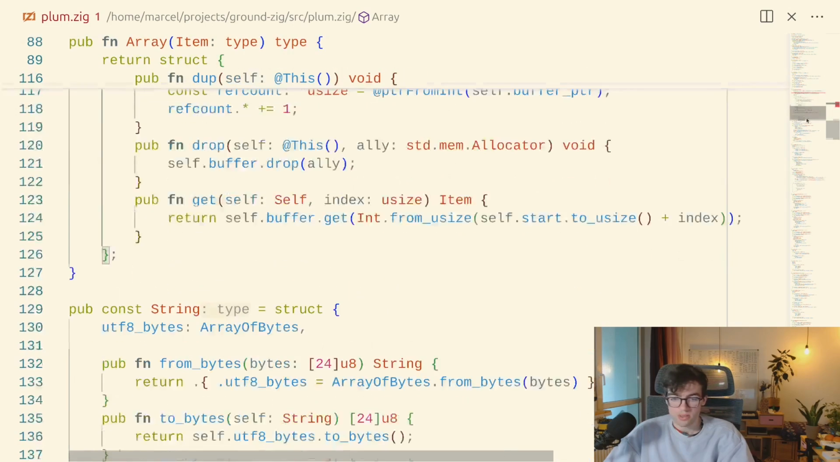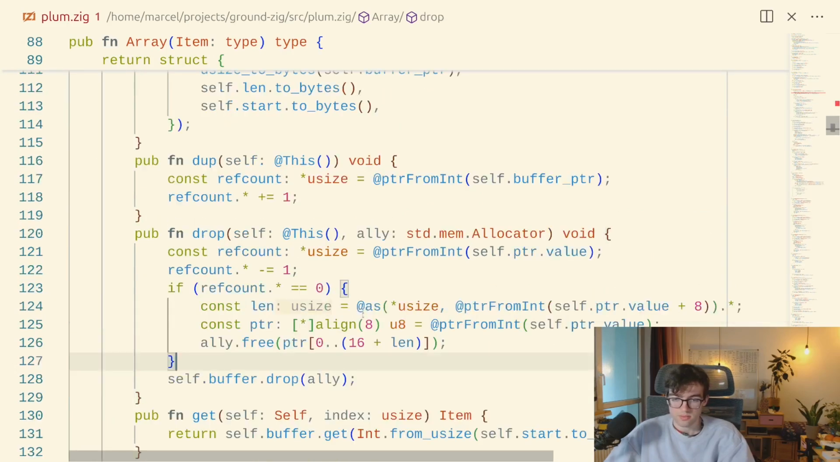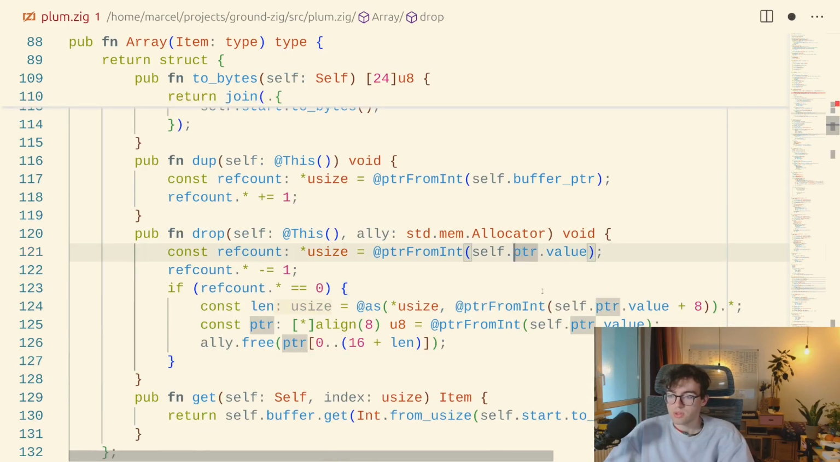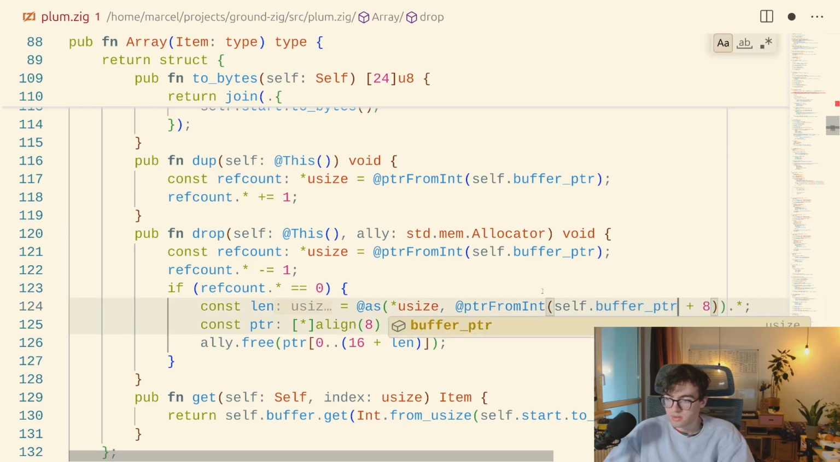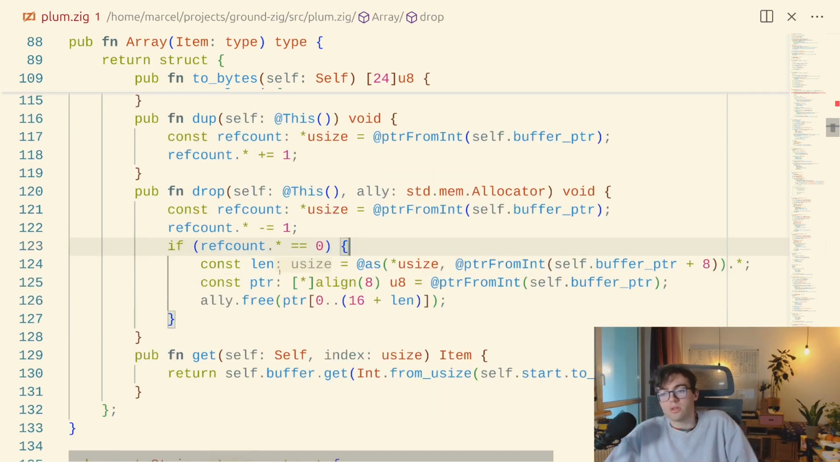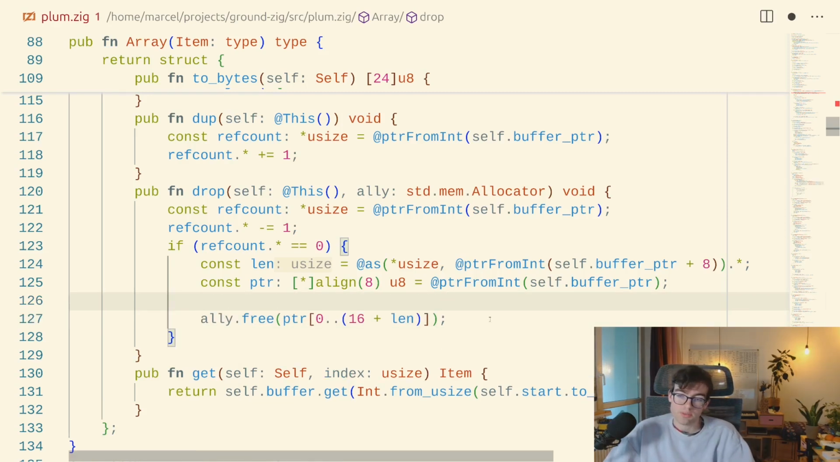All right, and then dropping the ref count is similar. It requires an allocator actually. Interesting. So what we do is we do self.bufferPointer, it's the ref count. If it's 0, then we read the length, which is the buffer pointer plus 8. We get the pointer, which is self.buffer pointer, and we know that this pointer has 16 plus the length bytes in there. Yeah. We don't need to free the individual items though,